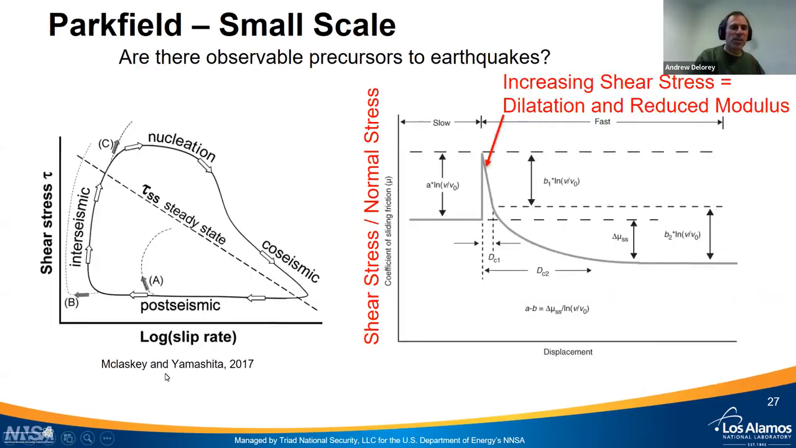So this is what an earthquake cycle looks like. We have this interseismic time on the left side of this axis, where the slip rate is very low and the shear stress is increasing quickly. We get to nucleation, where the slip rate starts to increase and we reach our peak shear stress. And then we have the coseismic part of the cycle, where we're slipping rapidly and the shear stress drops quickly. And then in the post-seismic, the slip rate is decreasing, and then we start to accumulate shear stress